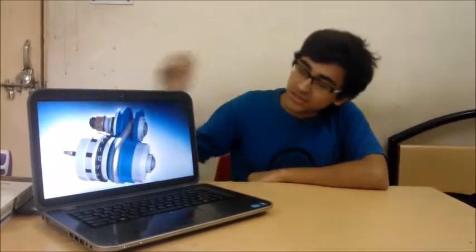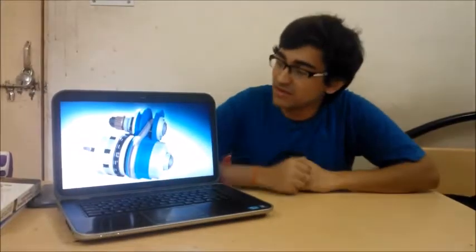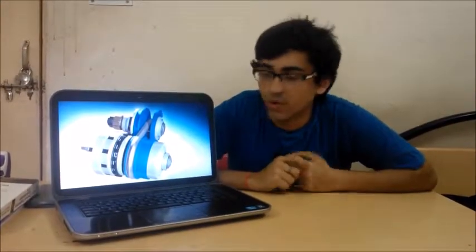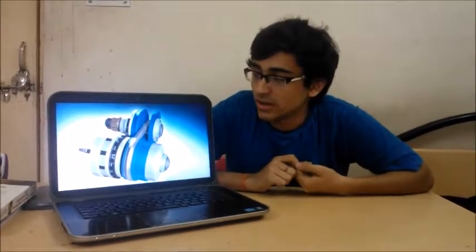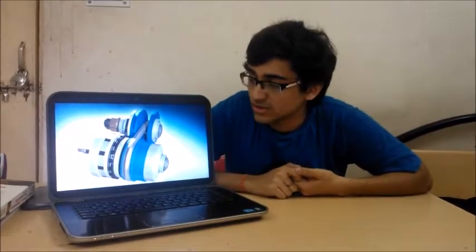The CVT, also known as a continuously variable transmission system, is a transmission system commonly used in automobiles and snowmobiles. As you can see over here, the CVT consists of two major pulleys, one the driving and one the driven. The driving pulley is mostly attached to an engine, which will transfer the torque from the engine to the driving